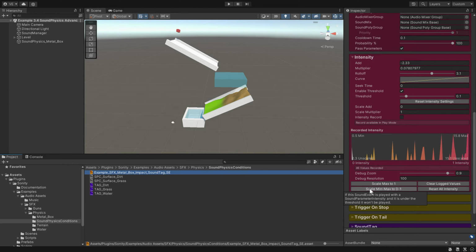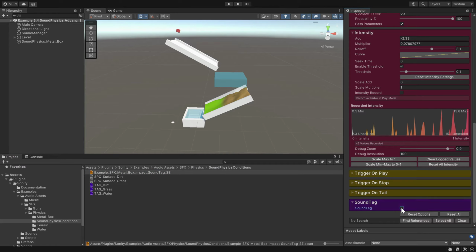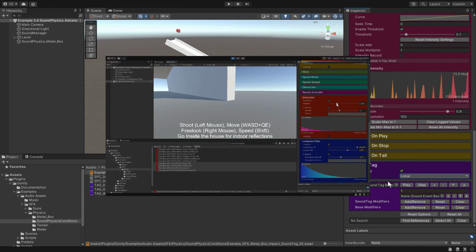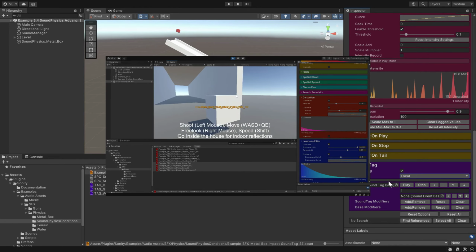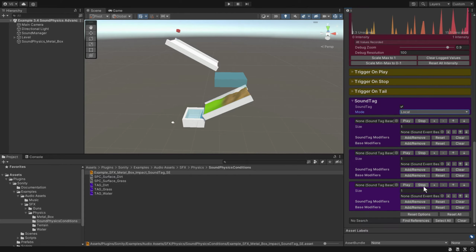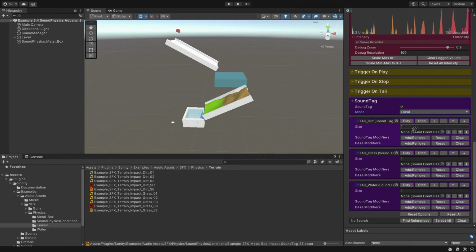So go down here, enable SoundTag, and make sure local SoundTag is selected. For usage of the global SoundTag, take a look at the Sonity tutorial video called Realistic Gun Sounds. Let's add some more slots, and now assign the SoundTags: dirt, grass, and water. And then the sound events: dirt, grass,